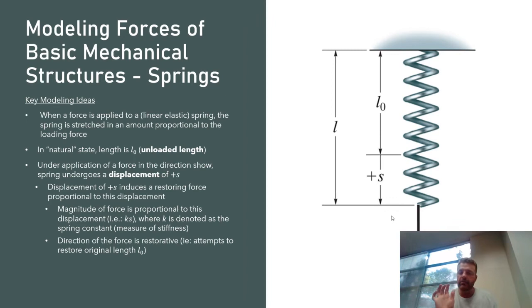In a similar fashion, if I compress a spring and shorten its equilibrium length by delta S, there's going to be a restoring force acting in the opposite direction, trying to restore that natural length. So always play around a little bit, draw some little diagrams, and make sure you can see that if it's stretched, the restoring force is trying to make it shorter and bring it back to its original length. If I compress it, the restoring force is trying to make it longer, back to its original length. And the magnitude of that restoring force is proportional to the actual displacement, which is the change from the unloaded length,